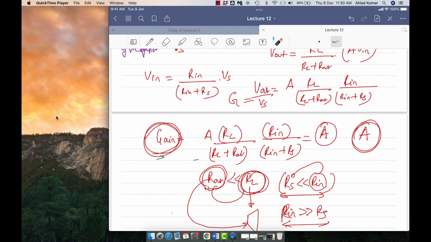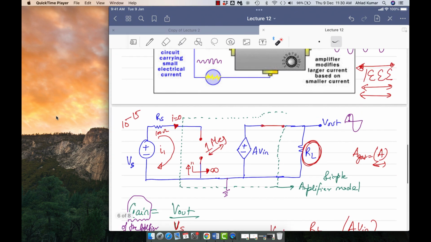Hello sir. हमने R tends to infinity किया, तब हमें ओपन सर्किट रखना है और क्लोज सर्किट? Open circuit. It will be open circuit. तब उस टाइम पे V is equal to 0 होगा? No, why will it be 0? It will be Vs only, right? See, here you have V in, right? So अभी यहाँ current 0 हो गया, so there is no drop here, right? So whatever voltage you have here will apply to this. So V in will be equal to Vs. It will not be 0.